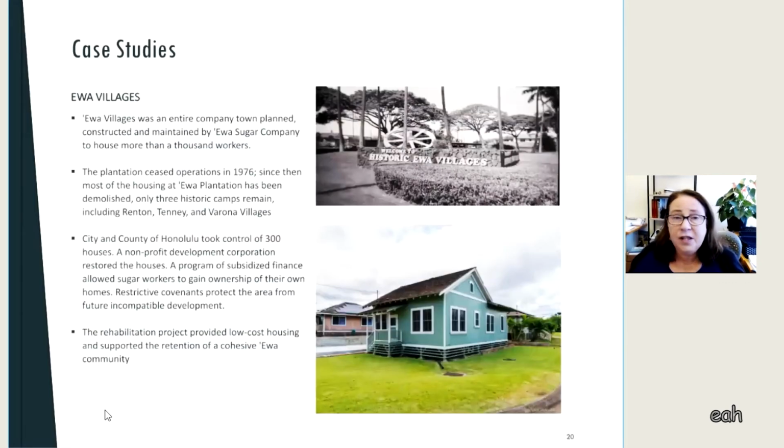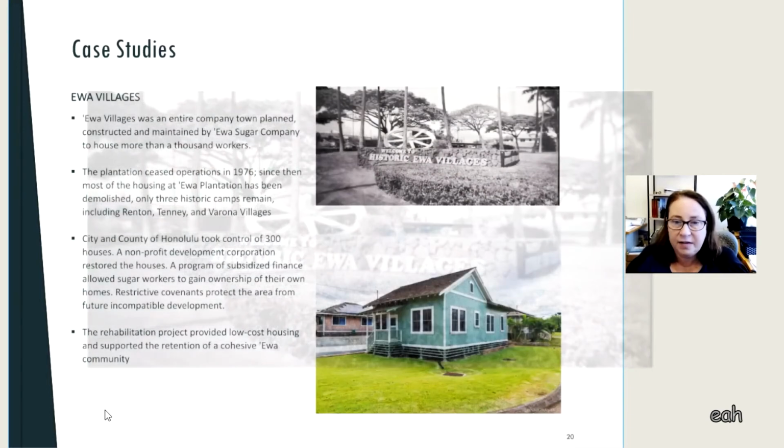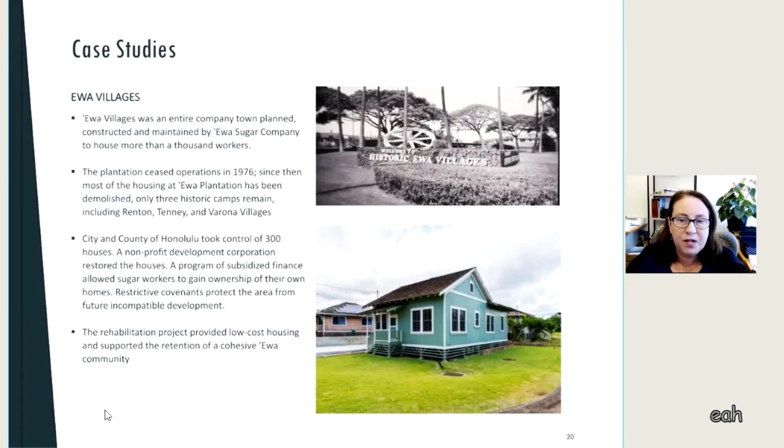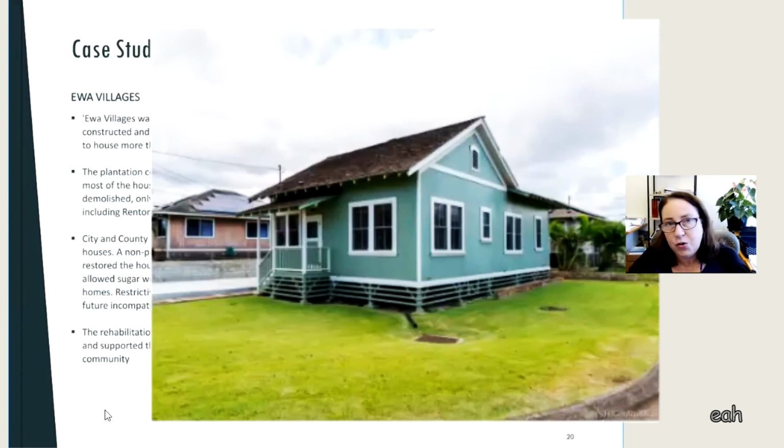Another case study would be Ewa Villages and the work that the city has been doing out there. Just recently in the paper, the past couple of weeks, they've been talking about a third neighborhood that they're going to rehabilitate and open for sale at Varona Village. They've done Renton Village and Tenney Village thus far. But Ewa was always a very progressive plantation, and its housing stock is particularly good. When the plantation ceased operations in '76, a lot of the housing got demolished. But then a decade or so later, the city took over at least 300 of the houses in Renton and Tenney, and worked with a nonprofit development corporation to restore and sell them to agricultural workers